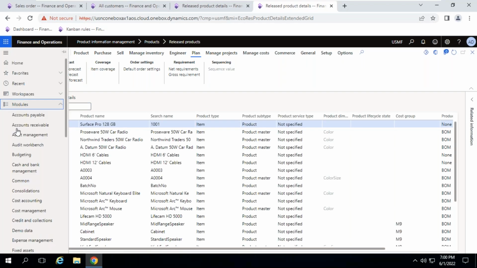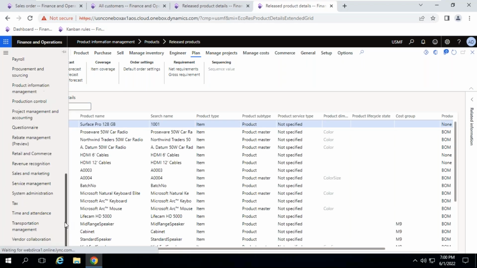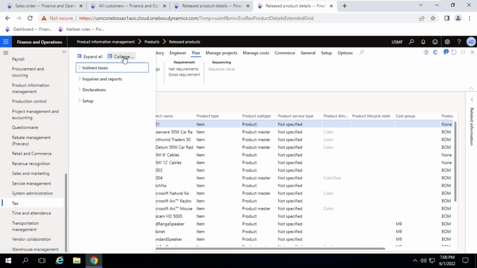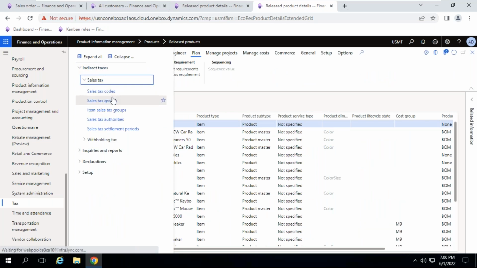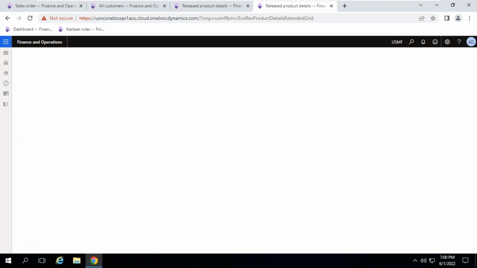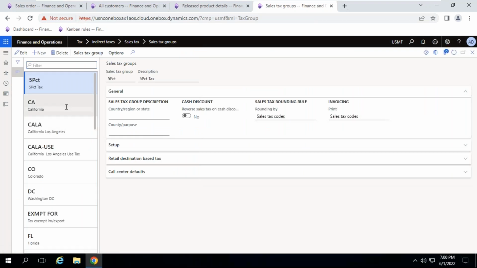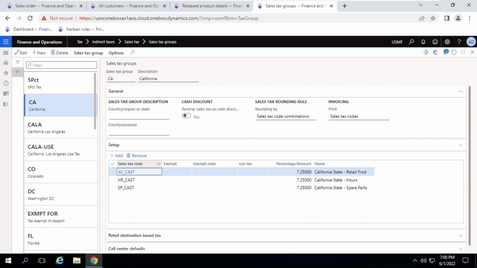So go to the tax module, collapse all, indirect taxes, sales tax groups. So California taxes, whatever it belongs to,